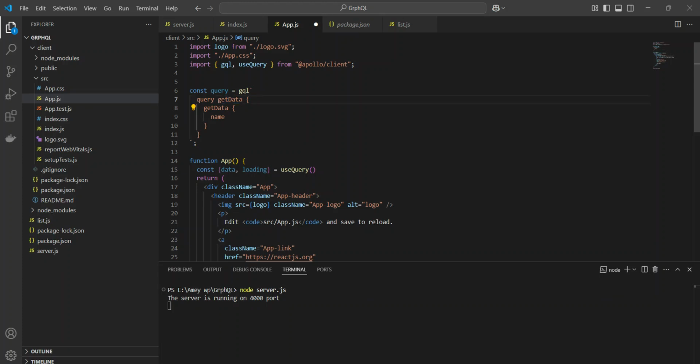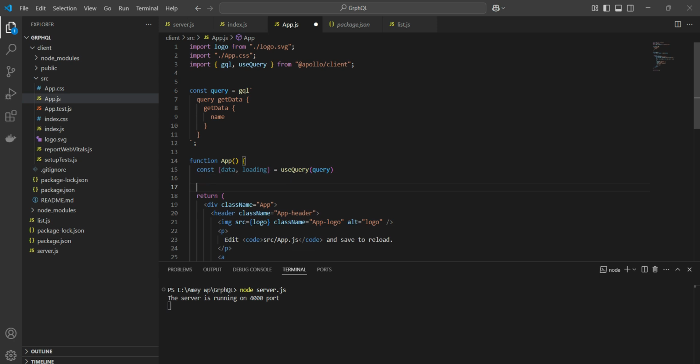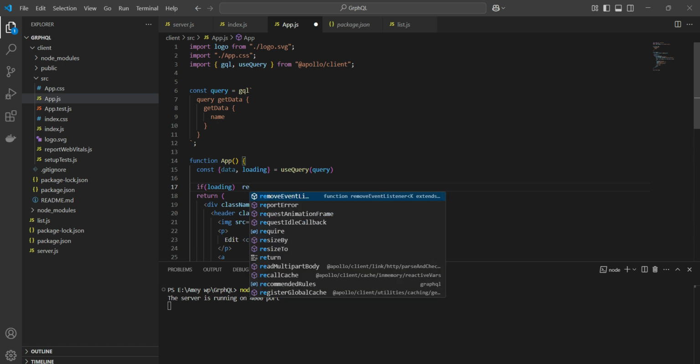I think I have one typo. getData. We can enter any name over here, and then what we need in the query is just the name of the restaurant that is mapped on the static data. So in the getData, we only pass the name. Let's pass this query to this hook, and then if the loading is there, then return on the UI, we'll print one h1 tag,